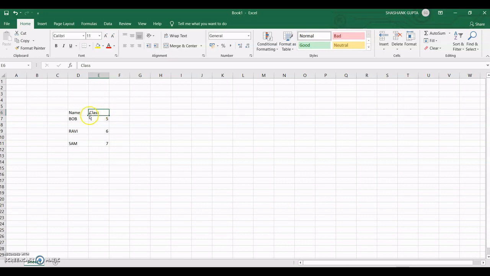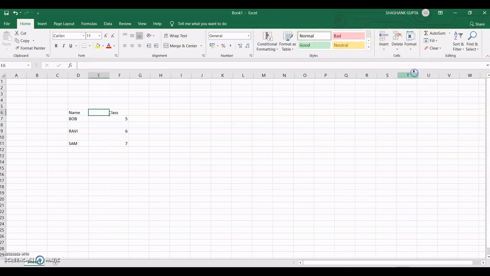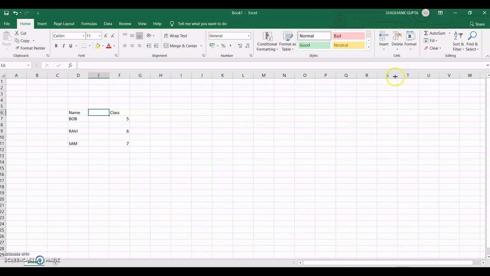So this is the cell, and this column is shifted to the next column, and here a blank column will be generated. How will we generate it? Just select this column. After that, go to the home tab on the ribbon bar. There is the insert option, four options are there. Choose insert sheet column. After clicking on it, here you can see that a new column E is generated.